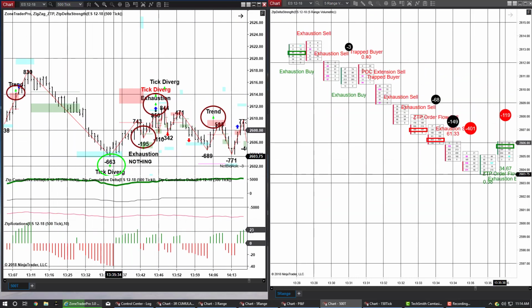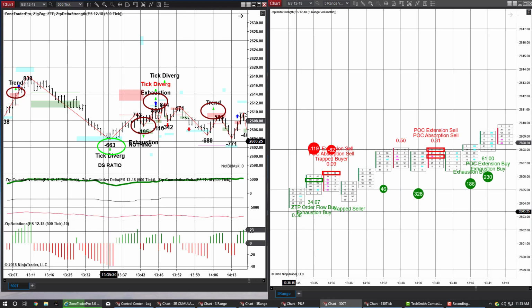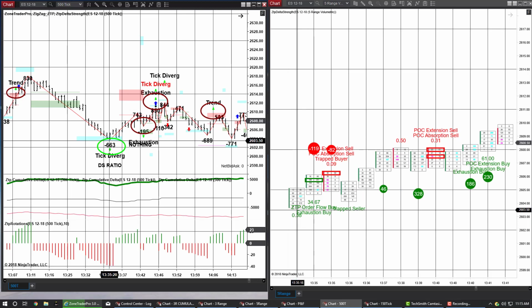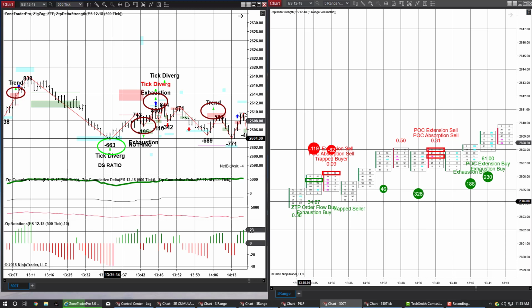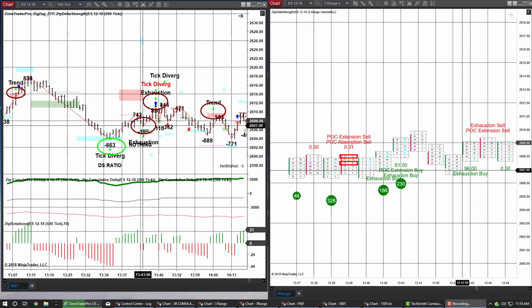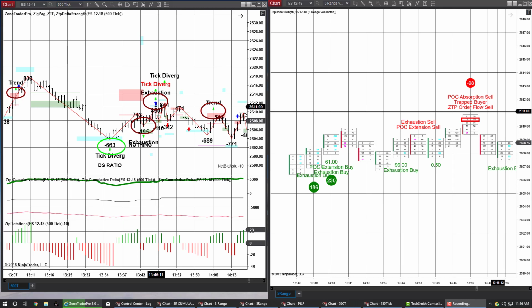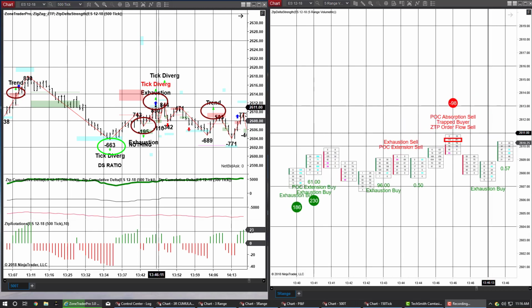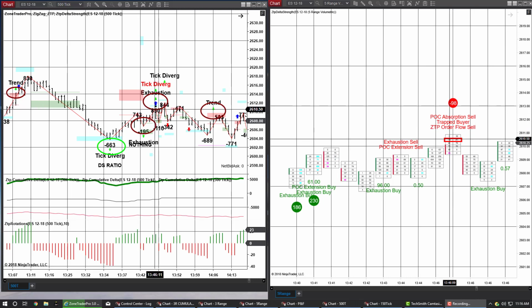And then that took us down into this tick divergence trade down here, where we had a stopping ratio along with the order flow, and we had delta strength on the point and figure chart. That we next traded into an exhaustion long trade that had no delta strength or order flow to it, and then traded into a second exhaustion trade that was non-tick divergent, and I marked that in red because it was